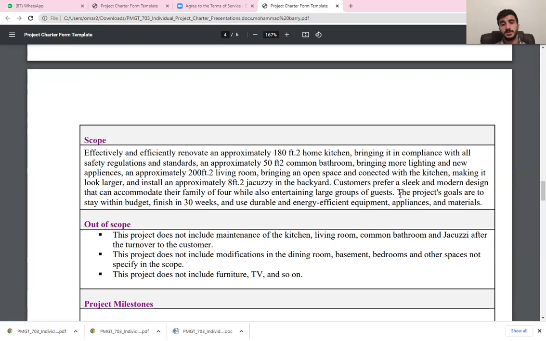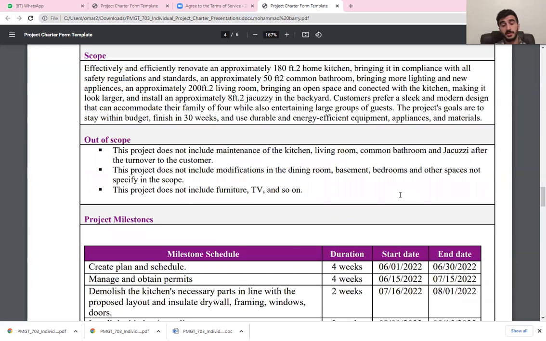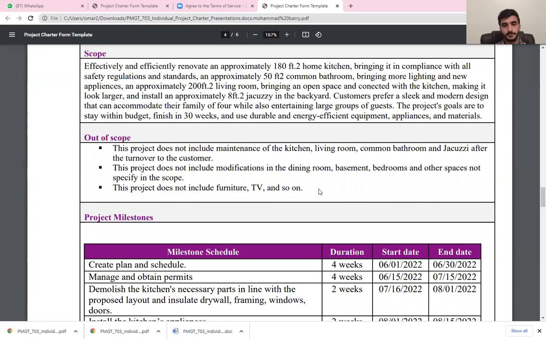And the project does not include any modification on the rooms that we agreed on. The same design, but changing according to the project scope. And there is no furniture, no TV, nothing, including in the renovation process. If the customer asks for this, he has to pay extra, expect from us delay, and extra work is going to be brought to the project. That's the reason for identifying the scope, what's in the scope and what's out of the scope.